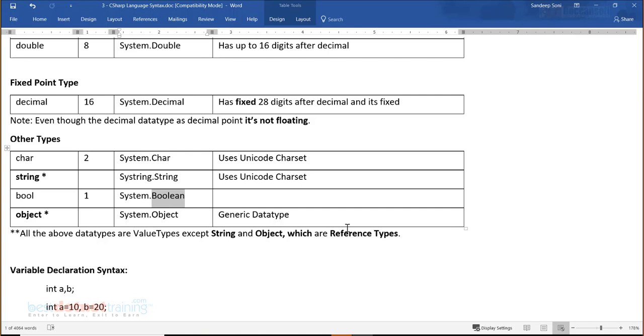1 byte is good enough for representing Boolean true or false. Only 2 values. A variable of type boolean will have only two values, either this or that. But at the same time, remember, it is not 1 bit. 1 bit is actually enough, right? 1 can be internally treated as true, 0 can be treated as false, but no. C# does not have support for less than 1 byte data type. Minimum is 1 byte. C# doesn't provide you the ability to work on bits. It will always work on a byte, minimum a byte, or a multiple of a byte.